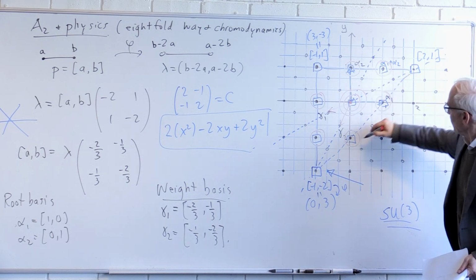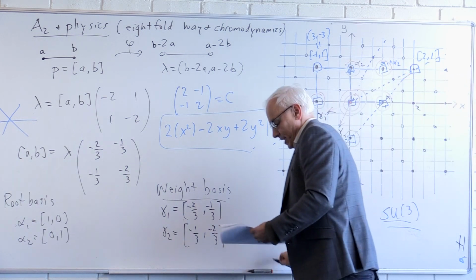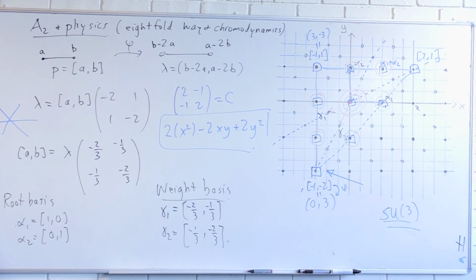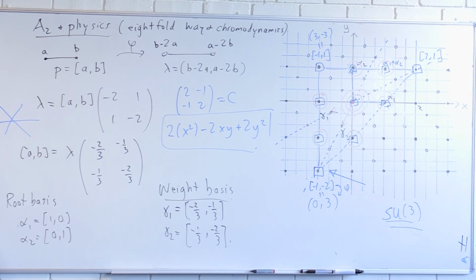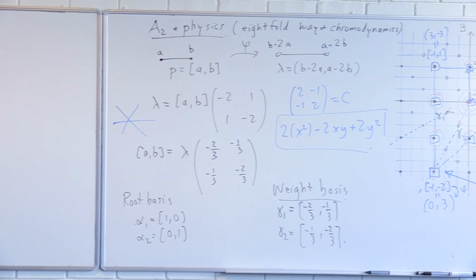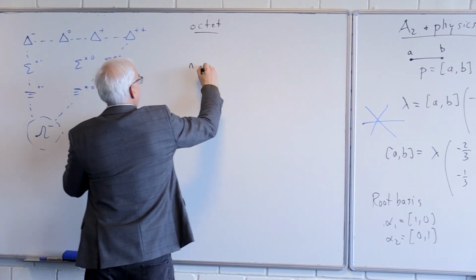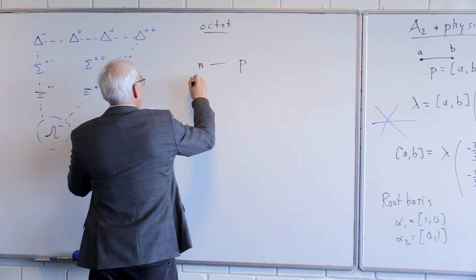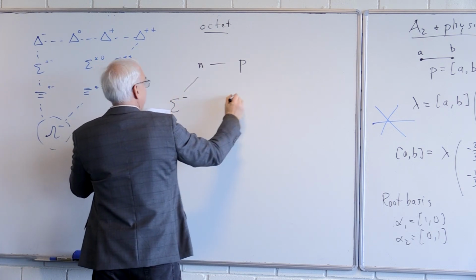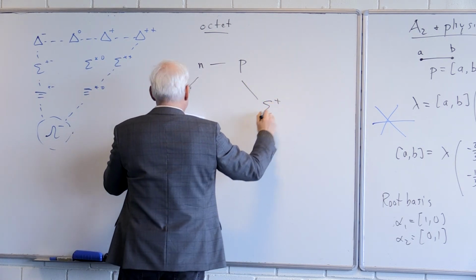So these vectors here form an octet. This is called a decagon. Here there's an octet. And the octet involved the neutron, the proton, some other particle called sigma minus, another one called sigma plus,